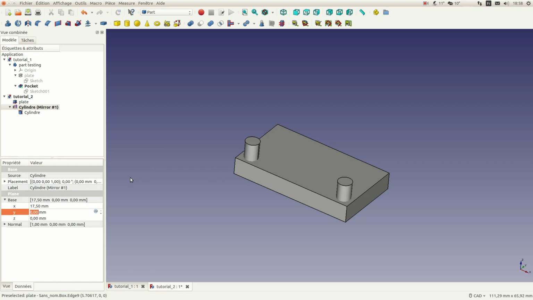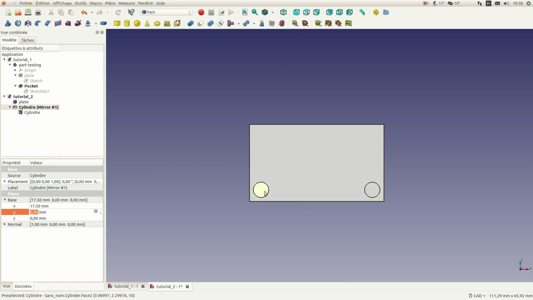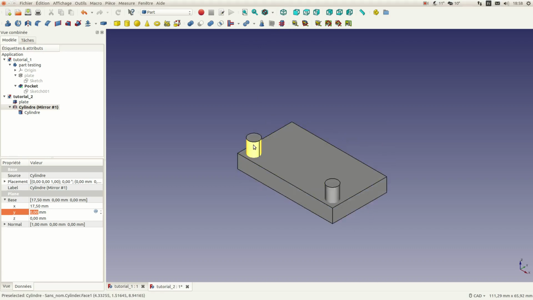So we saw that it's 35 millimeters. So the correct dimension for the x-axis of the plane is not 10 millimeters, but 70.5. That is the half of the length of our plate. So I change the dimension, and as you can see here, if we go on the upside, this cylinder is a mirror of this one, and it's written here, cylinder mirror number 1, and it's mirror from this one. So as you can see, it's a very helpful function,